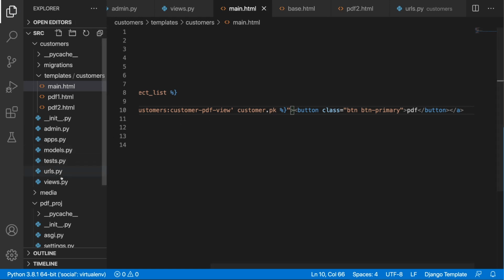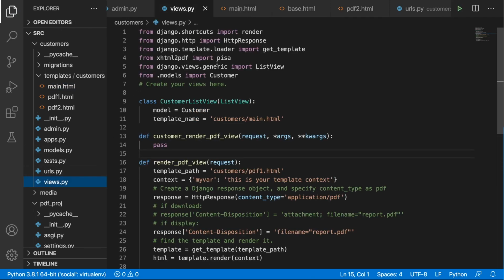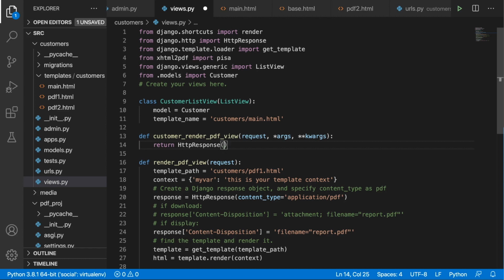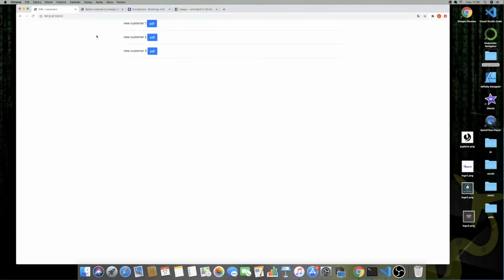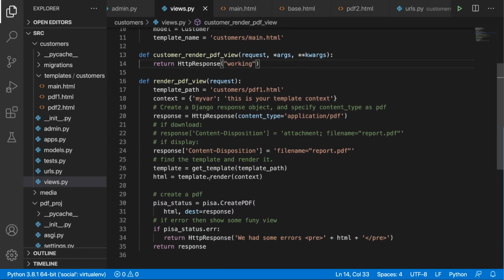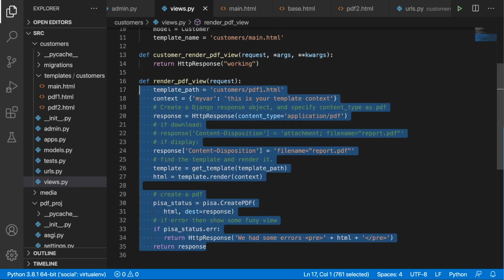So what we can do is to go to the views.py, and we have HttpResponse imported already. So here we are going to return HttpResponse, and we are going to put in just "working". I'm going to save this, go back to the browser, refresh, press PDF, and we have "working". All right, so it's actually time to set up this customer render PDF view, and it's actually going to be pretty much the same. We just need 2 additional lines of code. So I'm going to copy this,